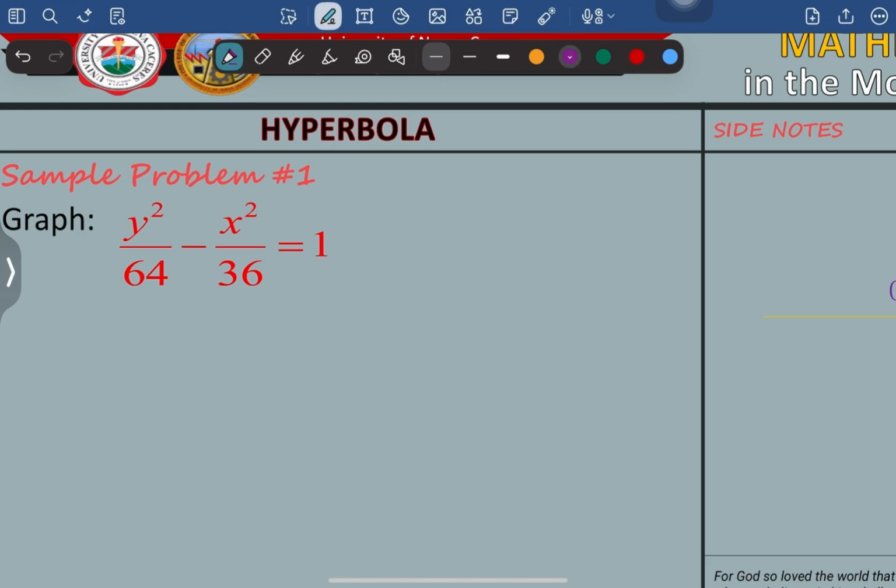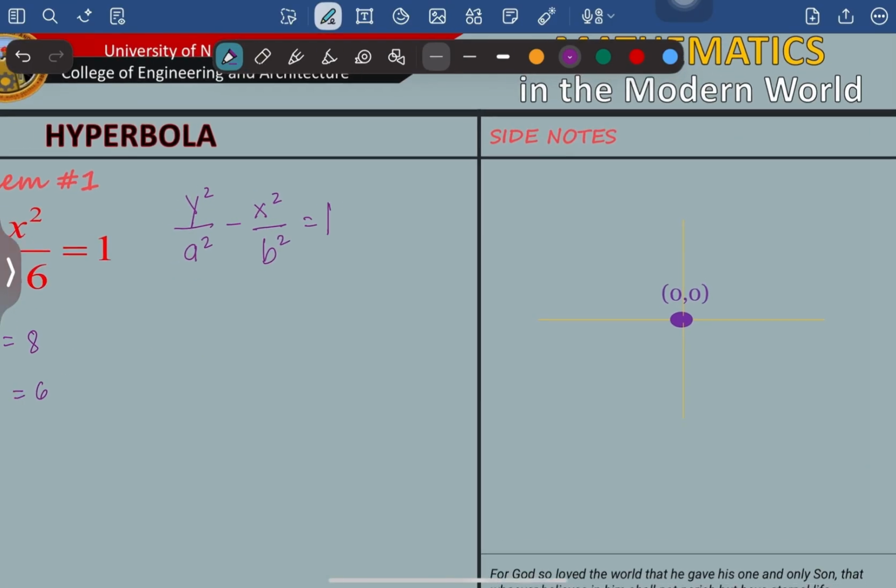To solve for A, so get the square root of 64 since the formula is A squared. So, kukunin mo yung square root ng 64 para makuha mo lang yung variable A. So, equals to ilan po? 8. Then, B. So, get the square root of 36. So, 6. To plot this one, since it opens